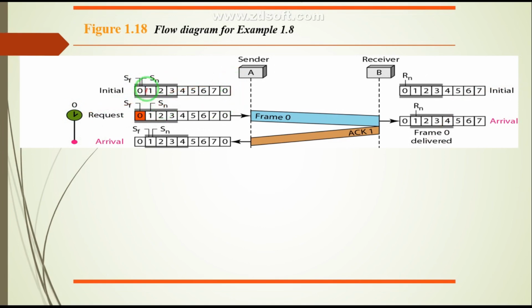You can see the size of the window over here. It is 4. So frame 0 has been sent. The receiver was expecting Rn equal to 0. And as soon as it received frame 0, the receive window slides by one slot and it sends ACK 1. As soon as acknowledgement 1 has been received by this sender, the timer stops over here and the send window slides by one slot, because ACK 1 has been received, which tells that I got frame 0, now I am expecting frame 1.